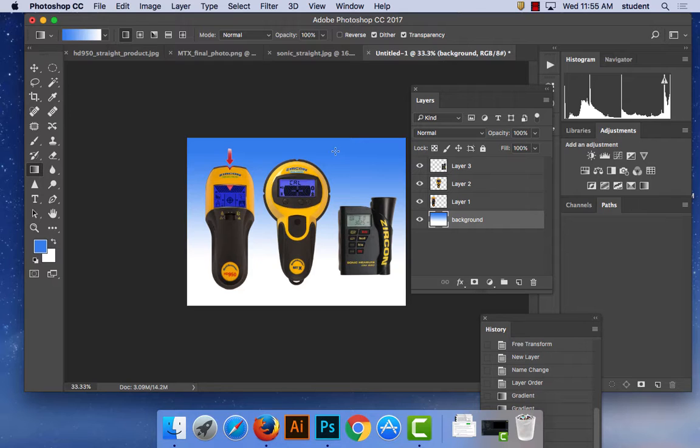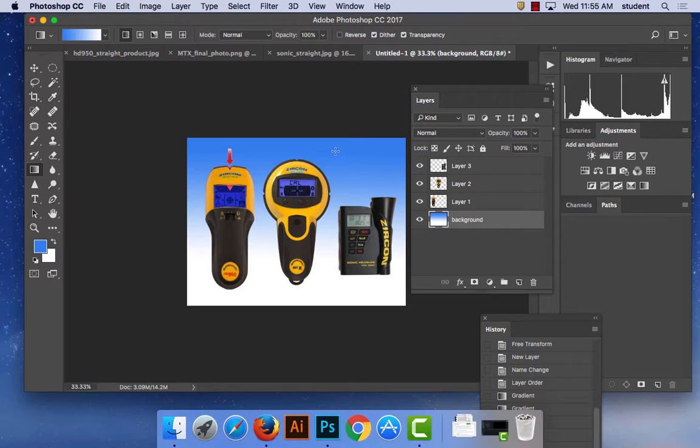Okay. Another common thing that we do is we might want our product to stand out from the background a little bit, and one way to do that is to add some effects to the product. Some of them might be a drop shadow. So a common thing, we use drop shadows on text, we use drop shadows on a lot of things, even